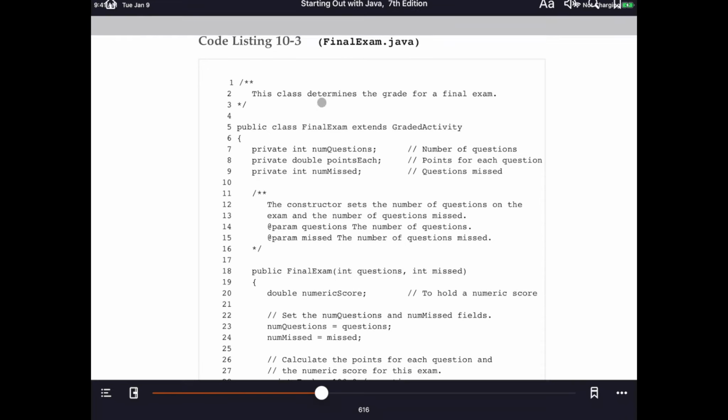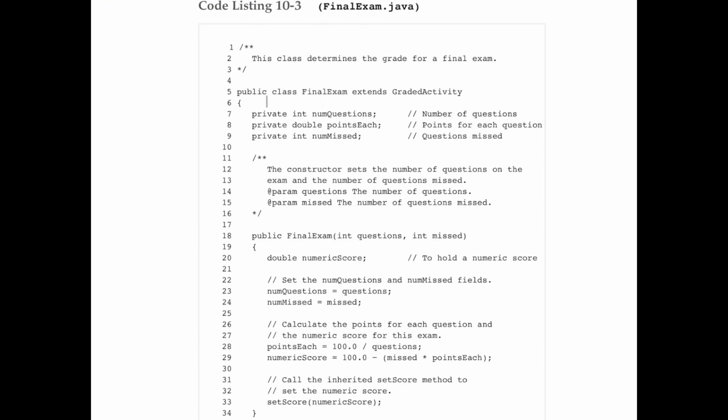Line number 5 on page 616, public class FinalExam right here. There's the magic: extends GradedActivity. What that does is it creates this symbolic link between GradedActivity and FinalExam. And Java, as part of its job, will remember which of those is the superclass and which of those is the subclass. And that's something we'll talk about, the importance of Java being able to remember that later on down